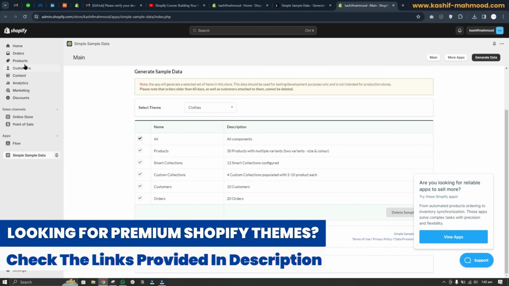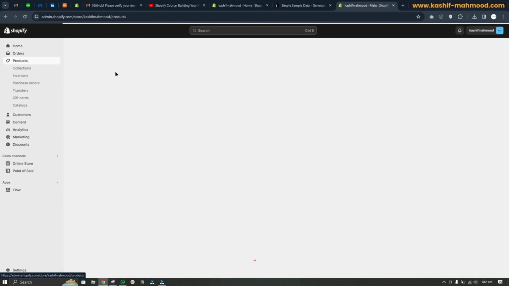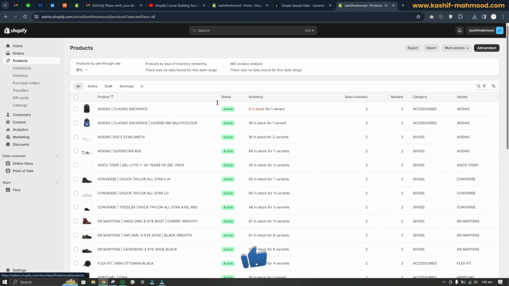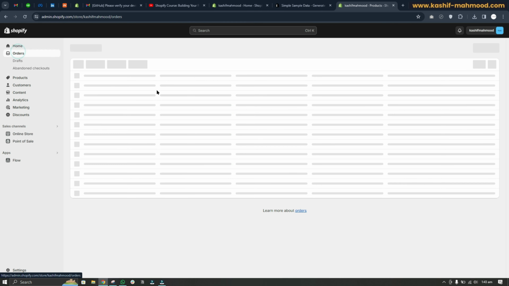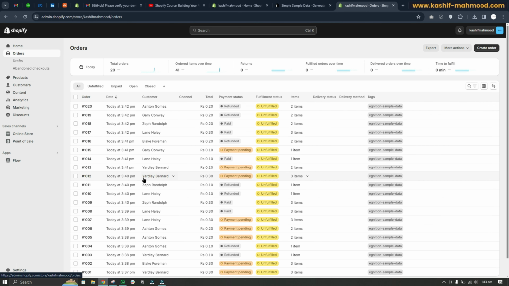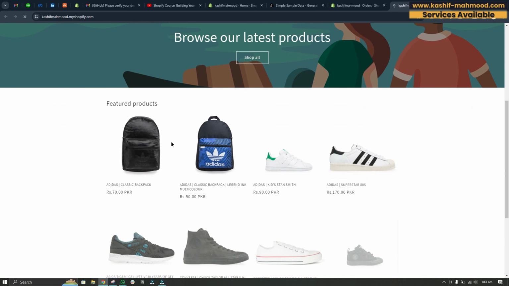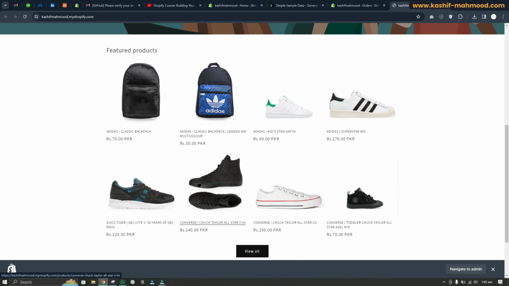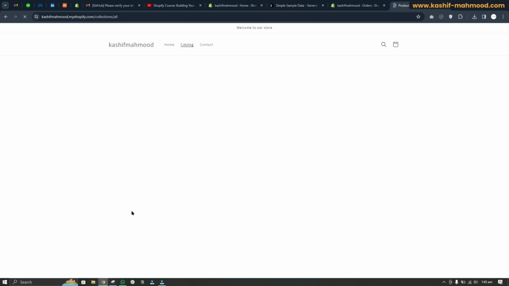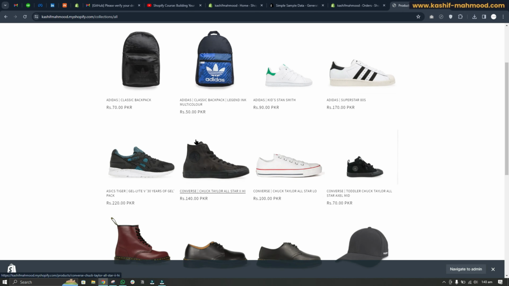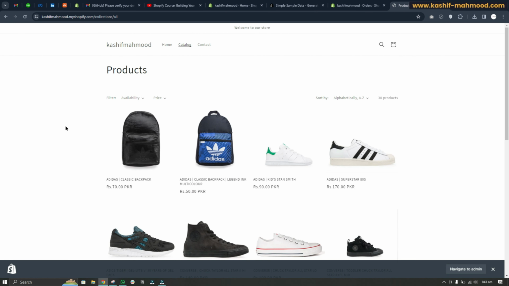and now we can click on products, and here you can see our sample data is imported, and we have some orders as well. And now we can click on the view your store button, and here we scroll down. Here you can see the products are showing, and we can click on view all to see all the products. So now we have the sample data, and we can now create our store using that,